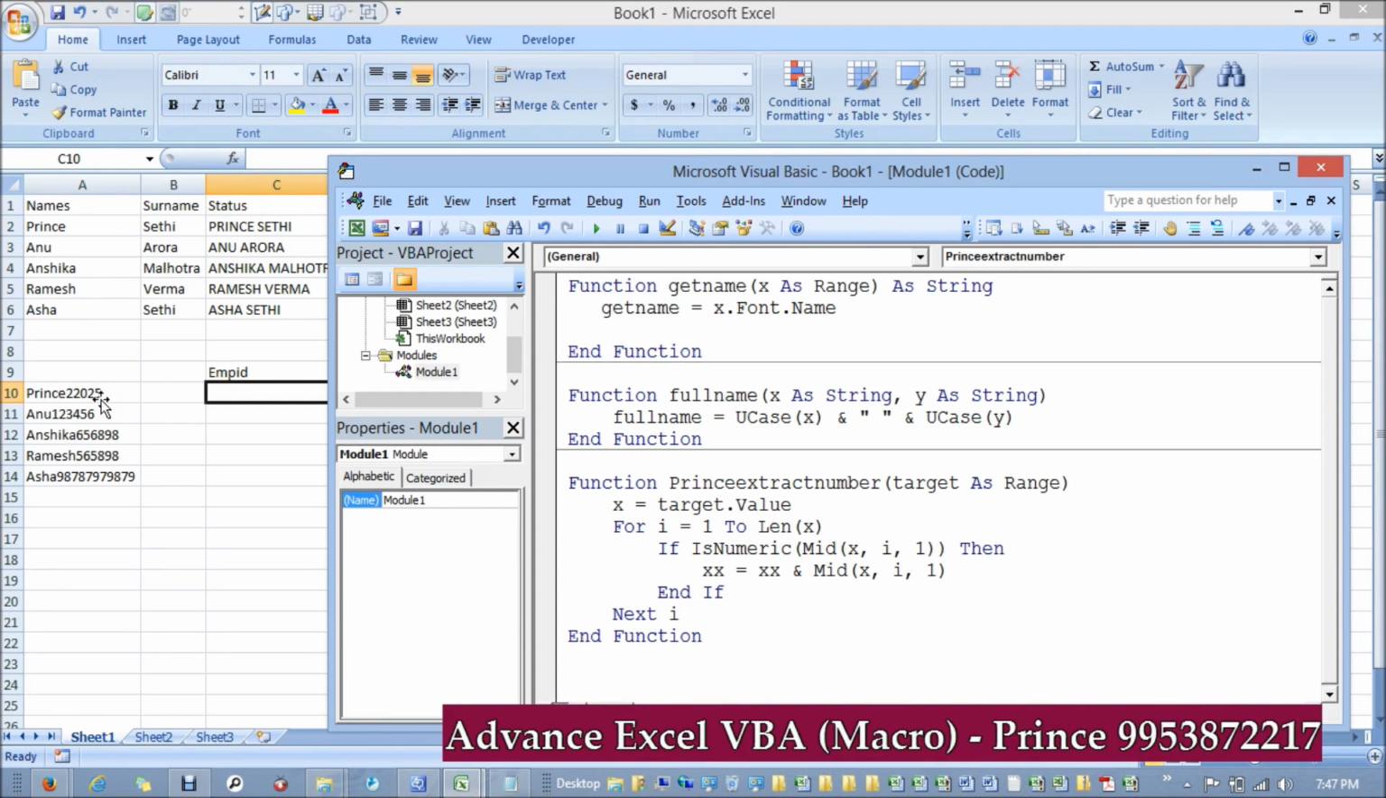So, to say, firstly it will check X, which contains the entire string, which is prince 22025. The first time I will be 1, and I'm checking the first character value. So the first character will be P. Check if P is numeric. The first time it will be false, so it comes automatically over here. Next time it will go over here, check R, I, N, C, E, and so on, and after that when it reaches